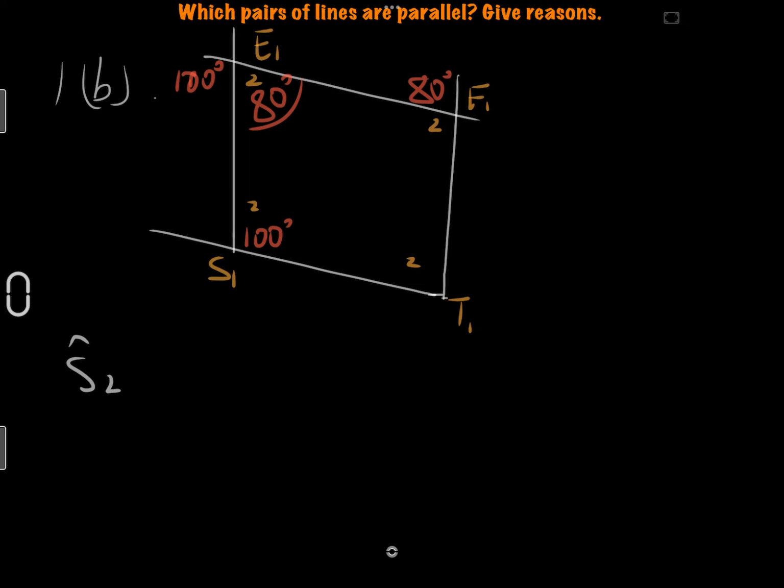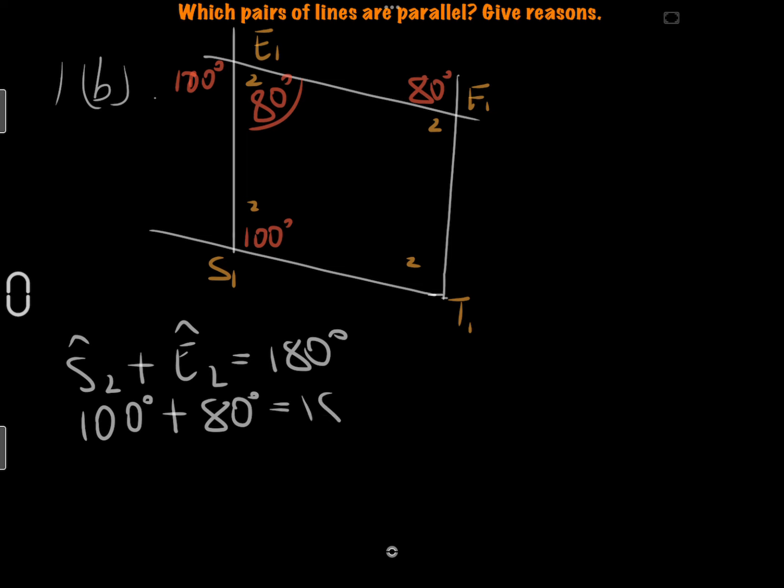We use S2 plus angle E2, and they should be supplementary to meet the criteria of co-interior angles. Angle S2 is a 100-degree angle plus angle E2 is an 80-degree angle, so that gives us 180 degrees. Since these two angles are co-interior angles and they give us 180,